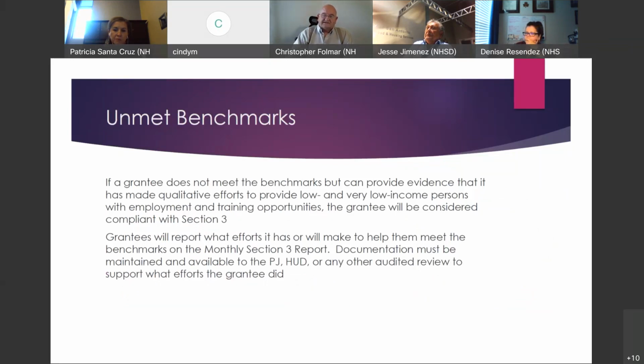All right, so HUD realizes that Section 3 goals will not always be met. And that's okay as long as we can document that a good faith effort was made to obtain Section 3 qualified workers. So everything you do to find Section 3 workers needs to be documented. Photograph posted signs and flyers, keep copies of newspaper ads and online job postings, use sign-in sheets if you hold a job fair, document on the job training, and there's a lot of other things that you can do, but make sure you document it.